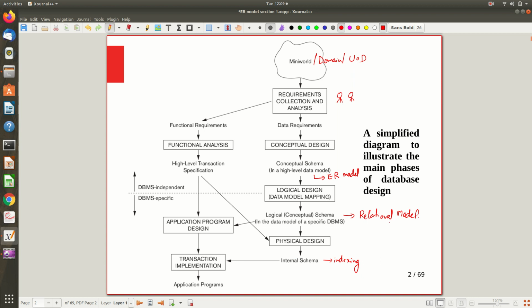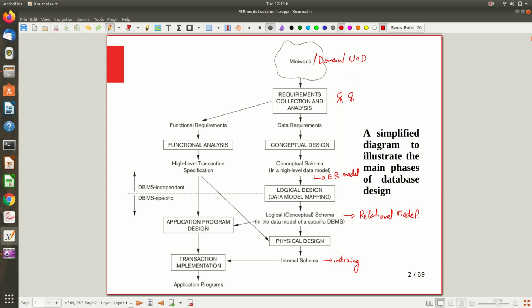And you can see that this relational model, whether it is the relational model or the schema model, is something platform dependent, right? So I can say it is more specific to the DBMS. So this logical design is coming in between. If you look at it after understanding the relational model, you will see that it's related to the actual implementation, as well as